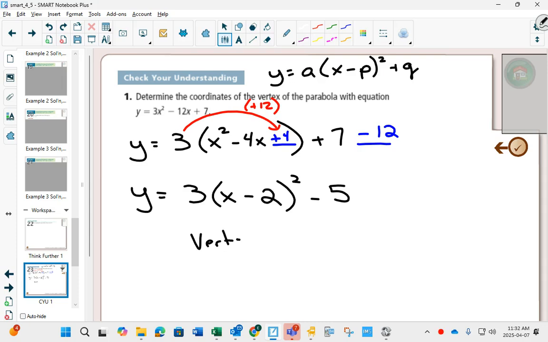So I know that my vertex is (2, minus 5). And we know a lot about this graph. We could graph it really easily now. We know the vertex. We know that it's opening up. Because we know the vertex, we know the range. And we could graph this easily. Okay, so take some time now to try questions 3, 4, 5,